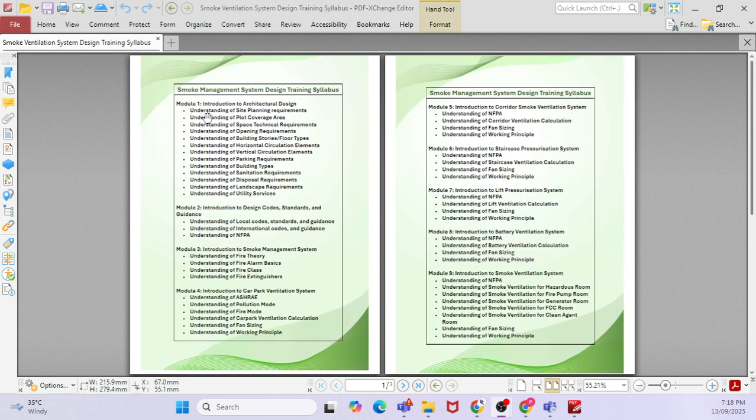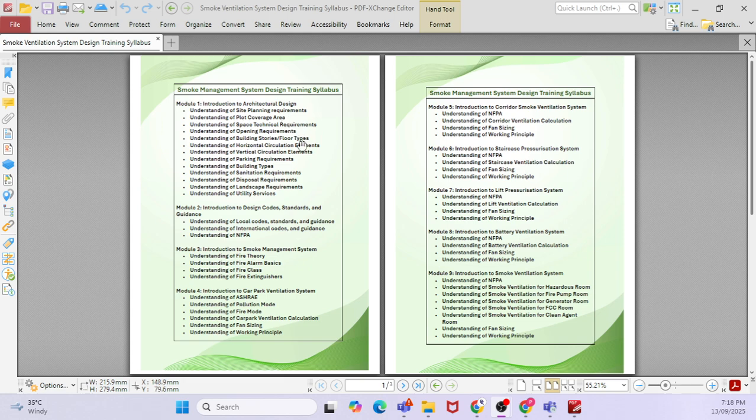If you talk about module 1, as a designer, I'm actually a consultant, right? So whenever you start with the design, you should know the architectural design, because we are a building designer. We are designing an MEP system for the building, so you should know the building design basically, about the site